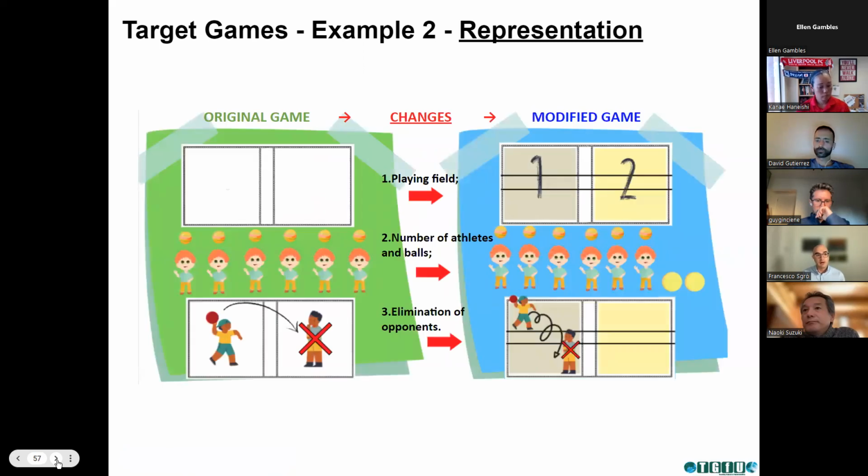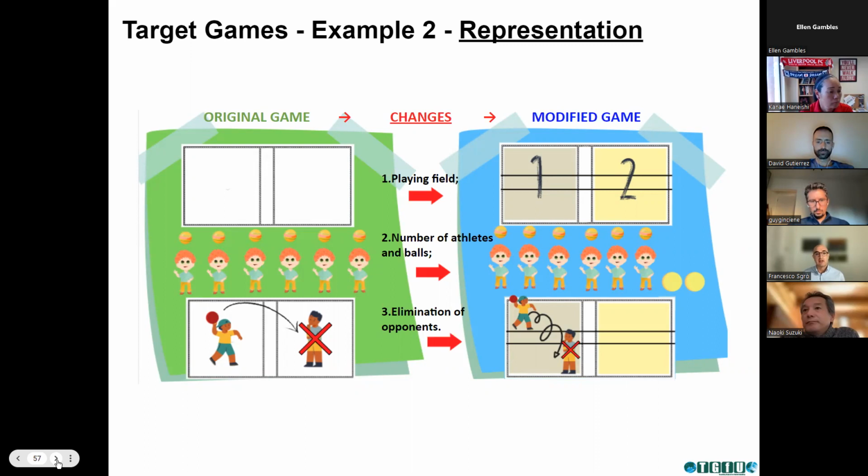So now I will show you the changes we propose to modify the game. In the original game, we have two different courts in the same field. We propose halving the size of the field by tracing a neutral zone horizontally on the classic field. In this way, we can have two little fields where the players can play. The green with the number 1 in the slide, and the yellow with the number 2 in the slide.